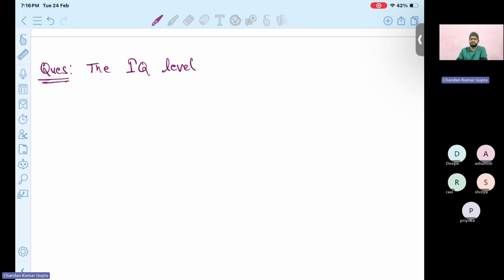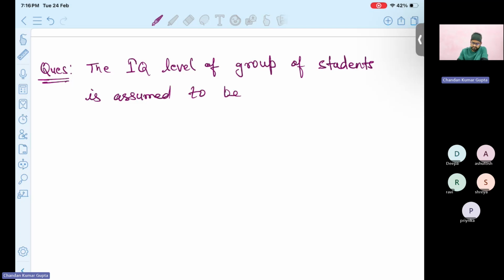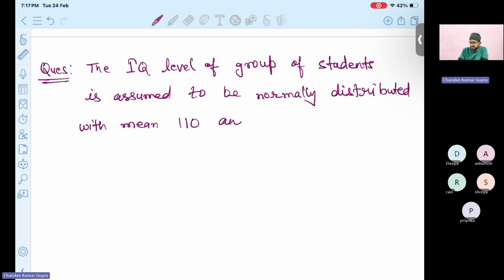The IQ level of a group of students is assumed to be normally distributed with the mean 110 and standard deviation